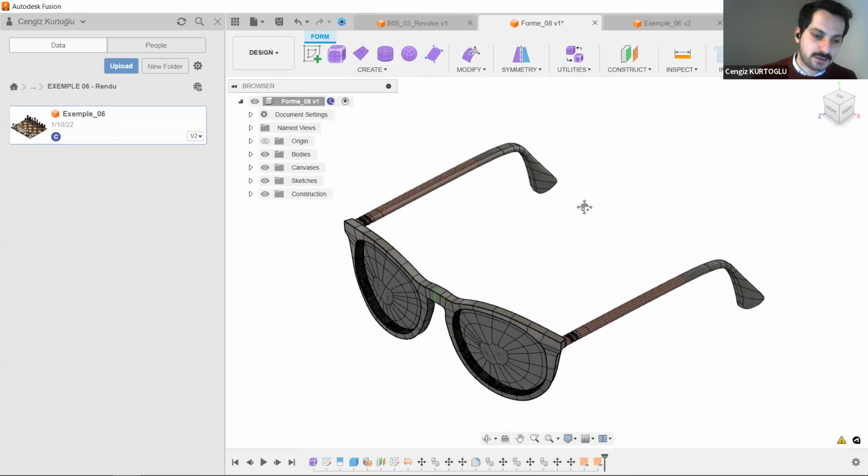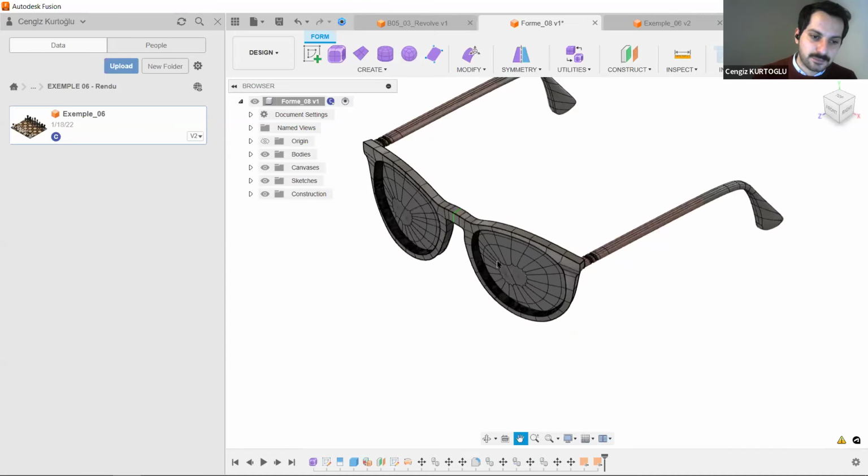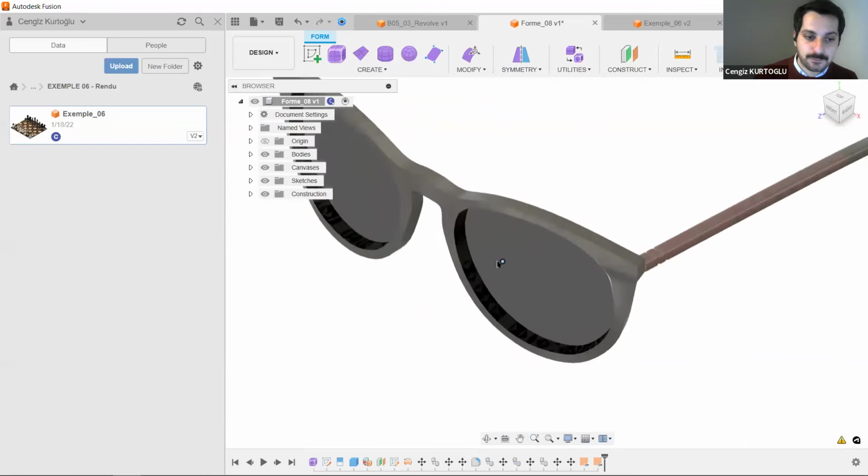Here it's arrived. Well, as you can see in the details of the T-spline models, like NURBS modeling, you need